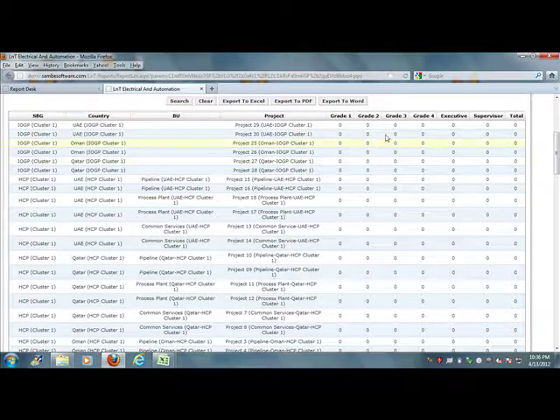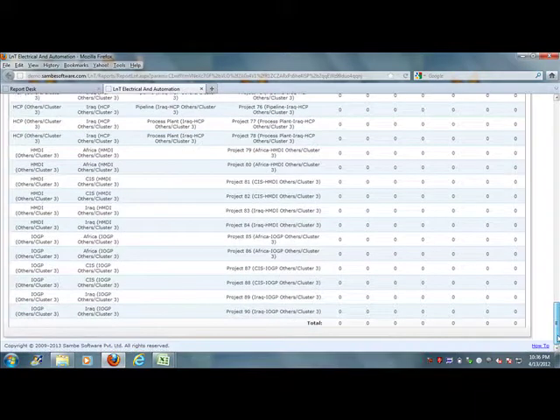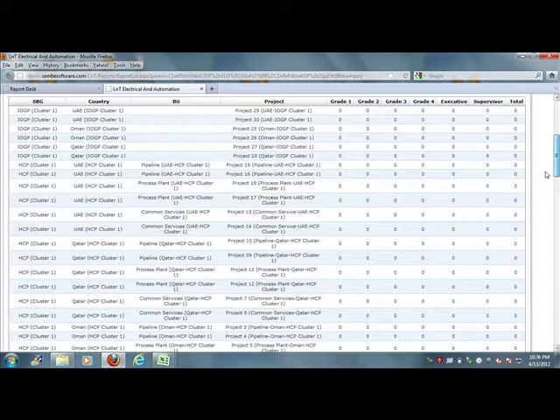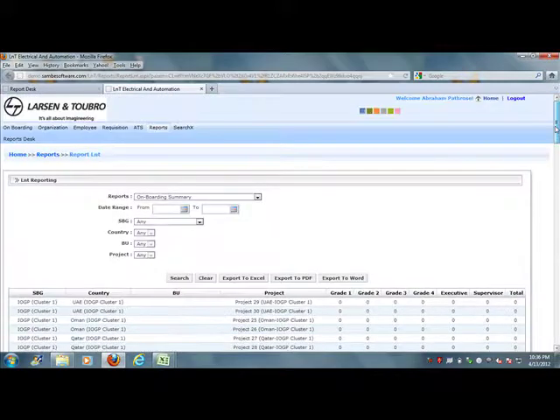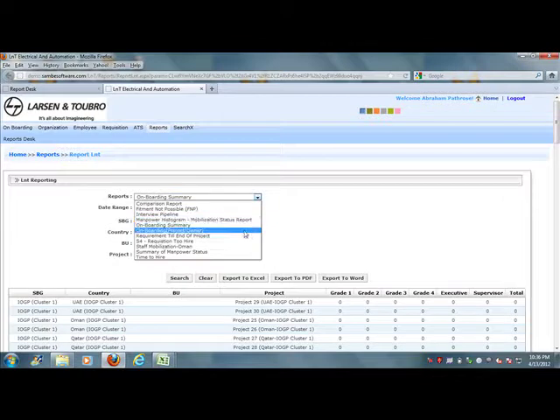Under grade 2, grade 3, 4, executive level, supervisor level, in this way you can see the count of applicants who have been converted into employees belonging to a particular grade. Here you can see the total of the grades. In this way, you can see the onboarding summary report. Our next report will be onboarding by project and by owner.